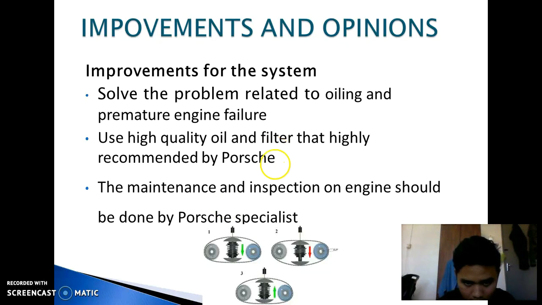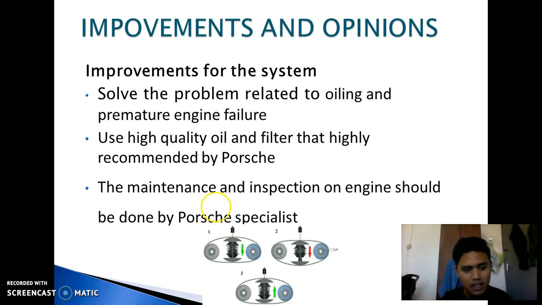So at this area, there is some friction happening, and it can cause the chain to wear. So maybe Porsche should come out with the idea to put something that can roll and rotate to prevent the chain from wearing. So there are some improvements that